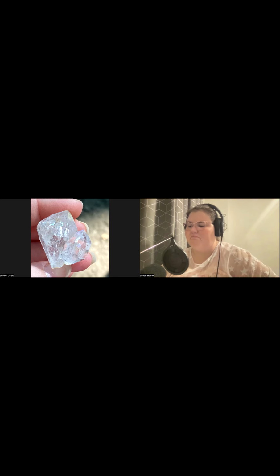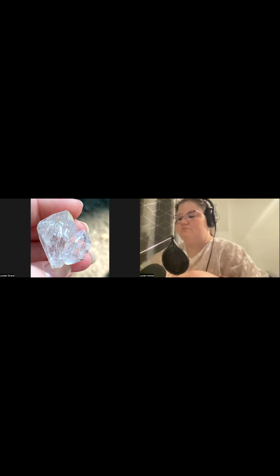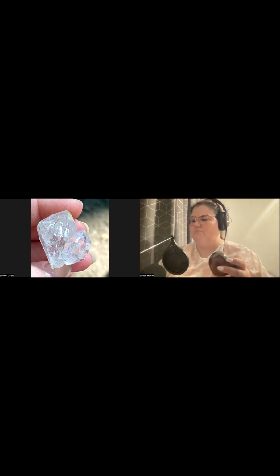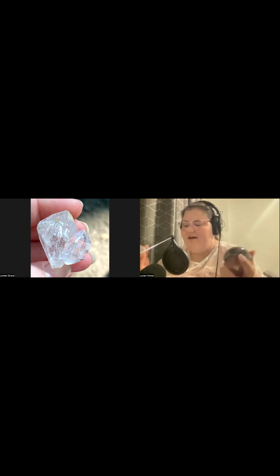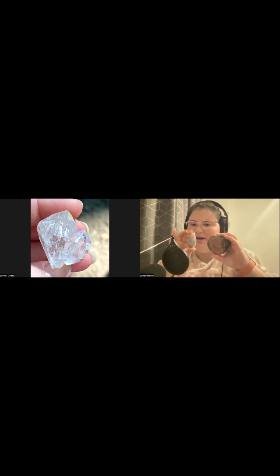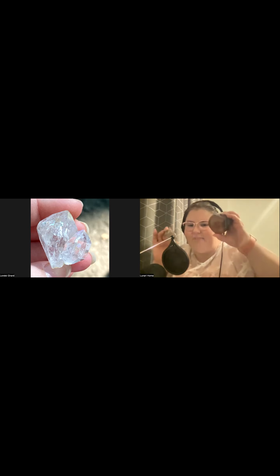Since it's opaque, it makes it actually the opposite of agate. So on one end, you have the agate, which is transparent to semi-transparent, and you have jasper, which is completely opaque.